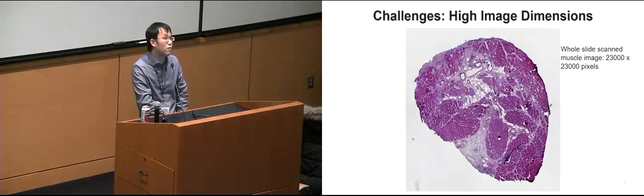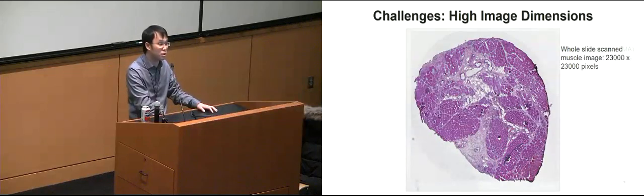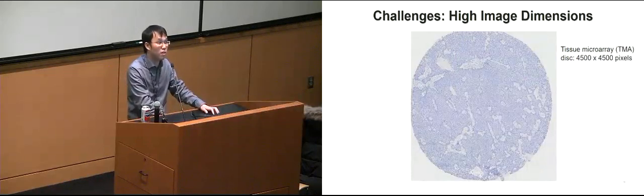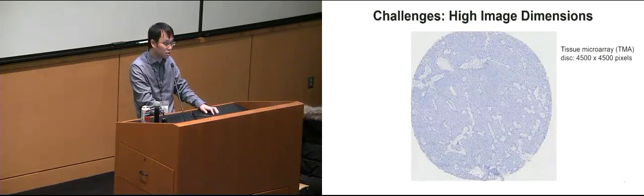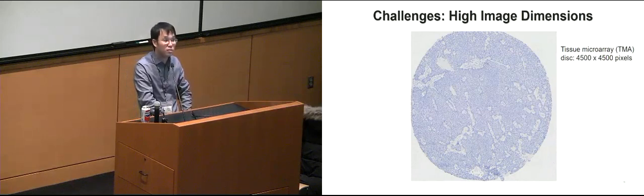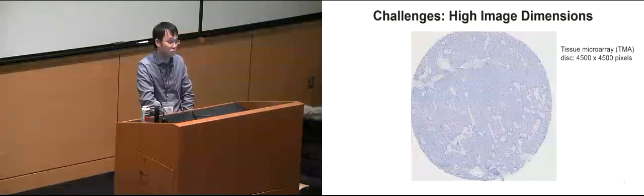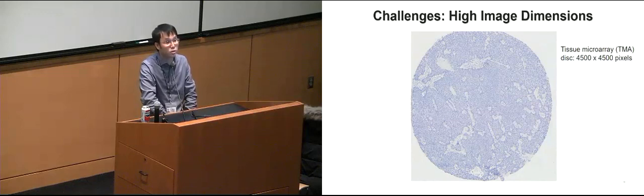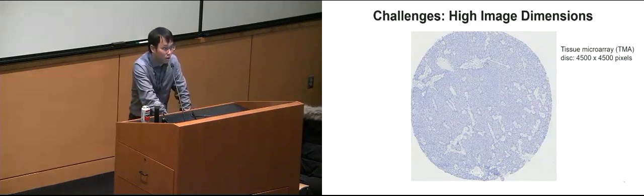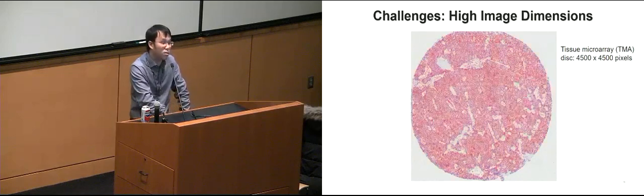It will be very difficult for the pathologists or the doctors to manually count how many objects here or how many cells or nuclei here. Even for the smaller size, the TMA image data has tens of thousands of objects in these images. It will be extremely difficult to manually differentiate which cells are tumor or which are non-tumor. So that's the reason why we need a high throughput biomedical image computing.